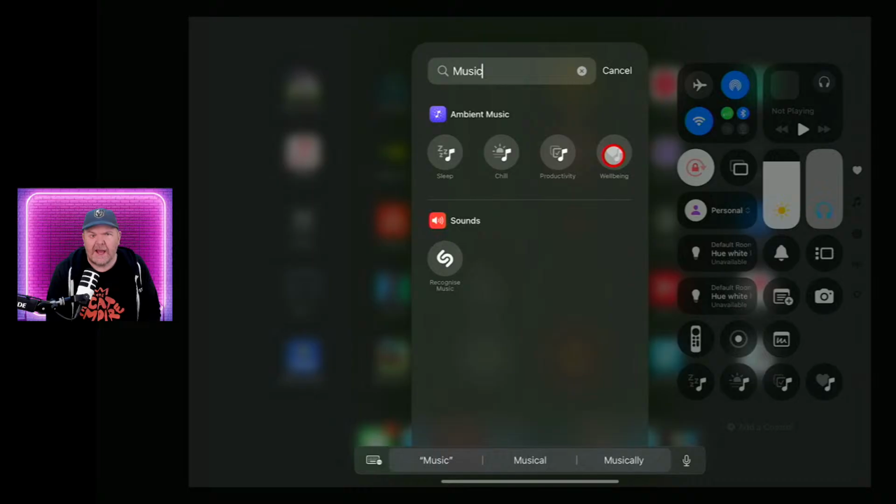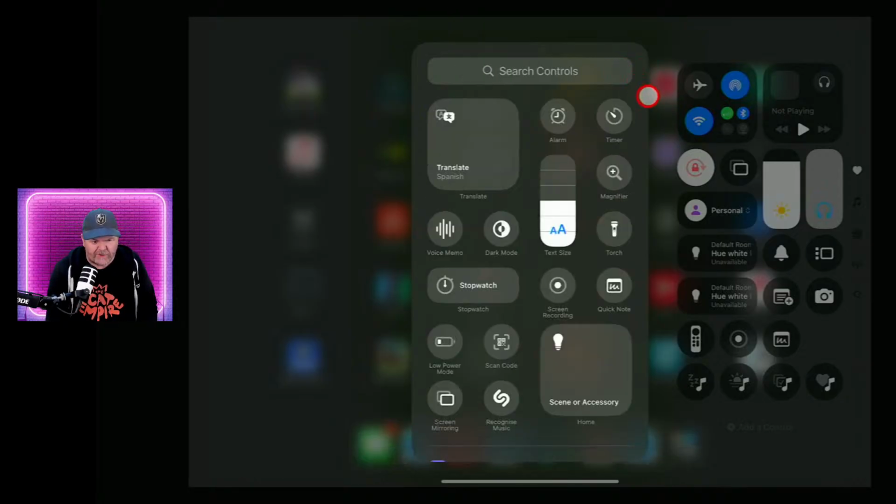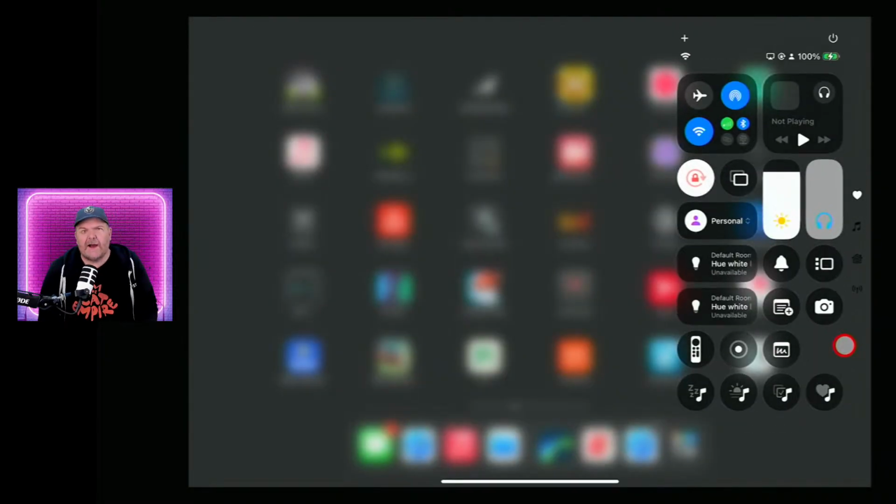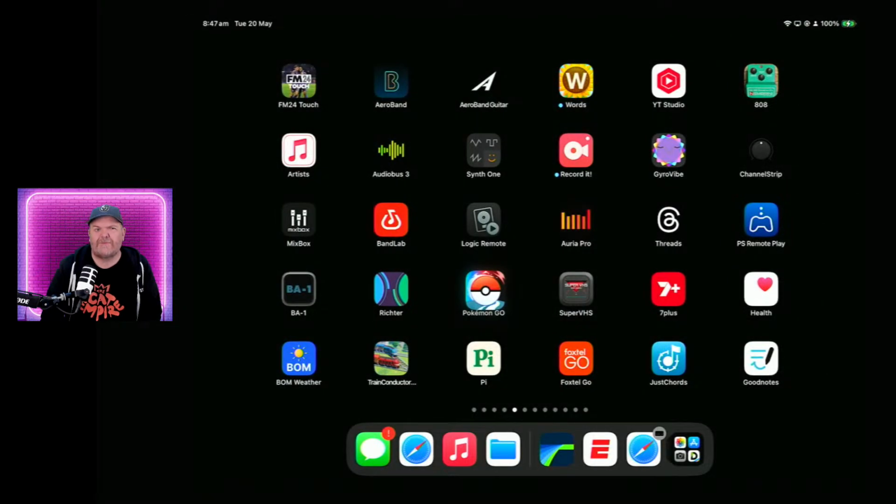So if you add these in here, now I'm not going to play any of them because I don't actually know exactly where they're being sourced from and exactly what the copyright content situation would be with them. But they're pretty cool. If you haven't tried them, if you've got Apple Music, they're 100% free. And instead of you having to go find that ambient sleep music playlist that you've heard over and over again, it kind of generates you your own sleep or relax playlist. So they released that feature very quietly. I don't think anyone but me cared. I look at all the new Apple features when they come out because I get the press releases, and every time a press release comes out, I'm like, oh, something new and cool.